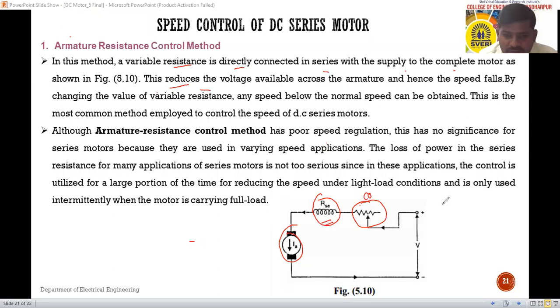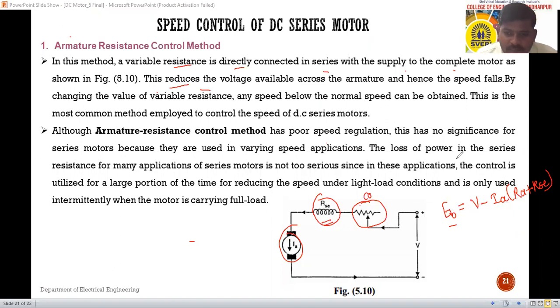See, do you know that equation, that is armature voltage EB equals terminal voltage V minus IA in bracket RA plus RAC. Okay, RA plus RAC. Look, this is the equation of the DC series motor, that is the voltage equation: EB equals terminal voltage V minus IA in bracket RA plus RAC.